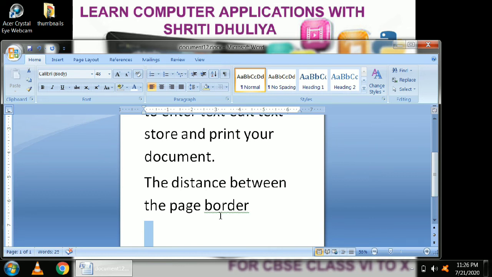Now I will tell you how will you copy the text. If you want to make a copy of the text, then what will you do? To make copy of the text, first you have to select the text. For example, I'm selecting this paragraph, this line.